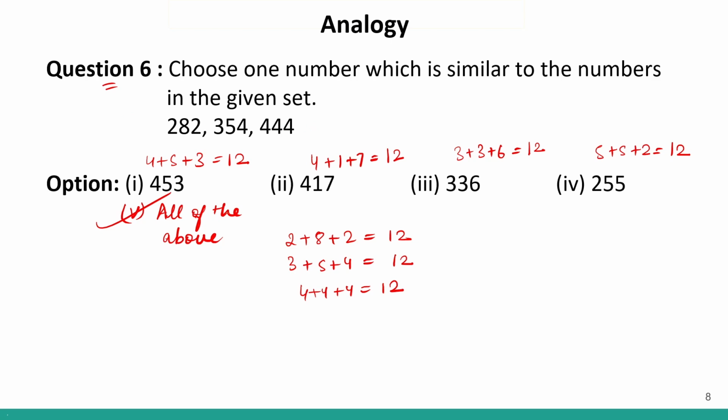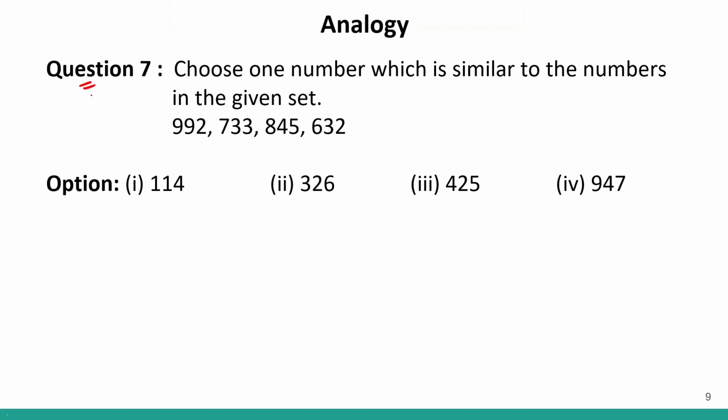For this one, it will be all of the above. Okay. Question number 7. Question number 7, choose one number which is similar to the numbers in the given set. So we have 992, 733, 854 and 632. So if I look over here,